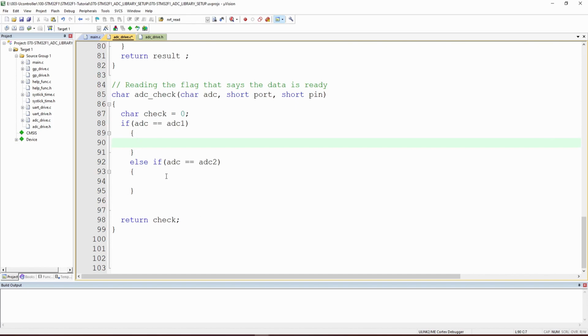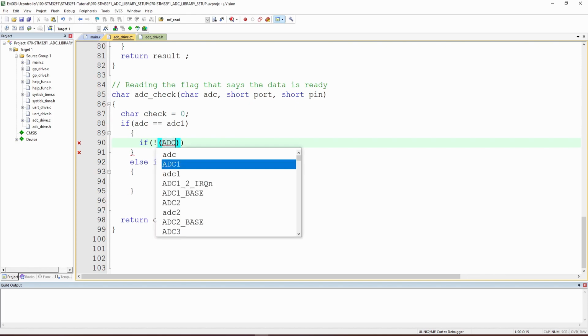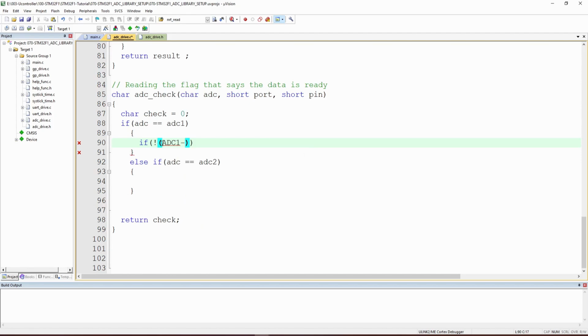We have to say if, and actually we don't need that one. So what we can do, let me remove this parenthesis, put here ADC1 SR,